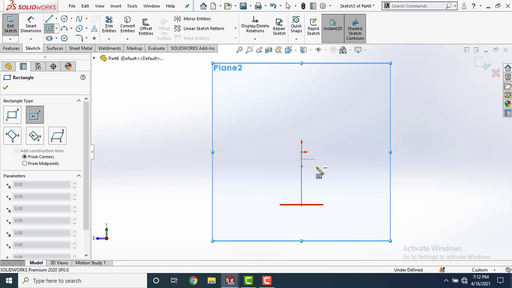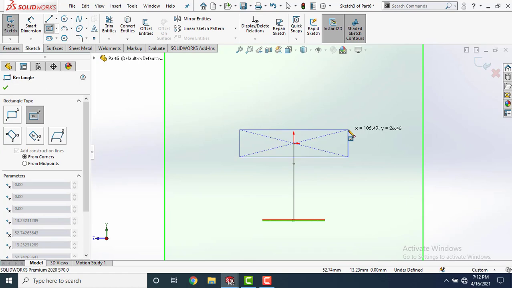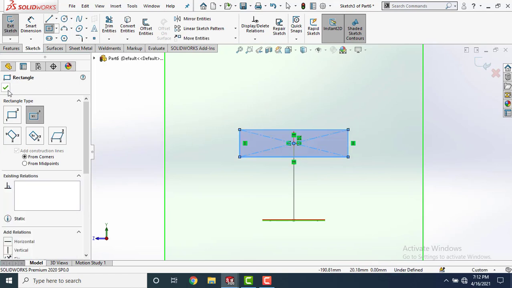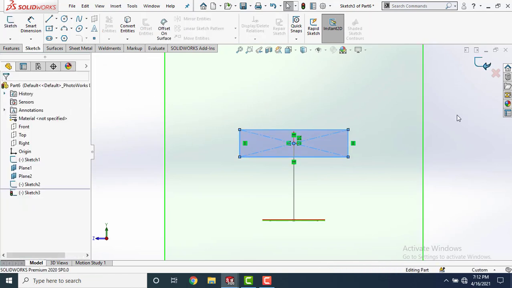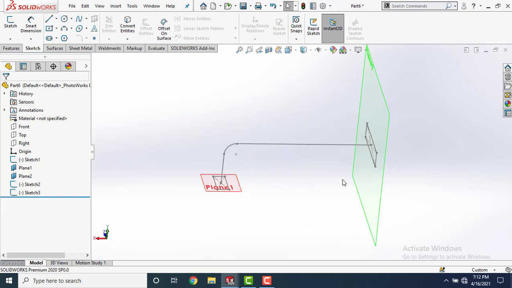Let's create a rectangle here. Like this. Click OK. Come out of this sketch. Now these two rectangles are our profile and this sketch, that is sketch 1, is our path.